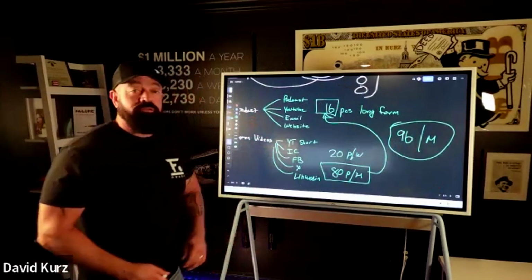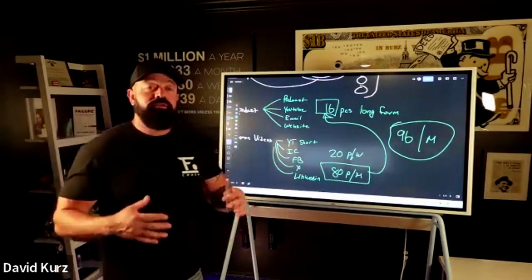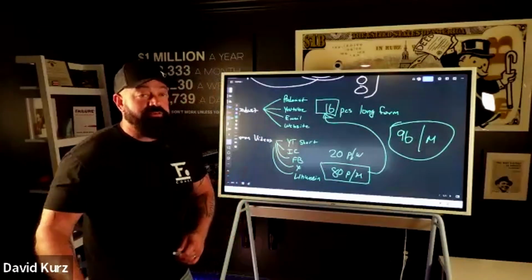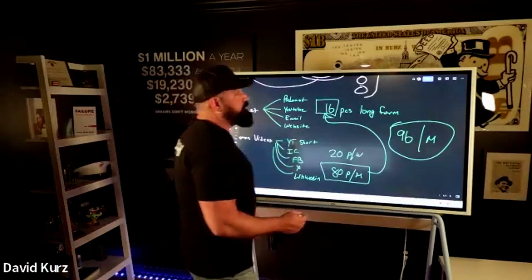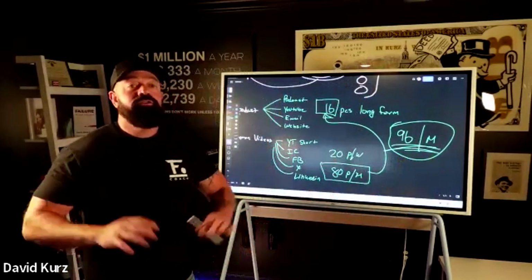Although many of these pieces are the same, they're going to different places, different formats, different locations. Therefore, it creates a different type of engagement. Therefore, it is a different piece of content. That's 96 pieces per month of content that I'd be putting out to the world.